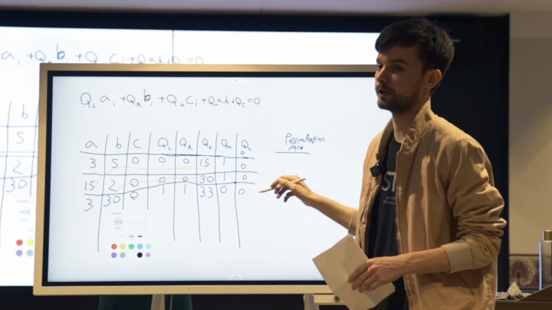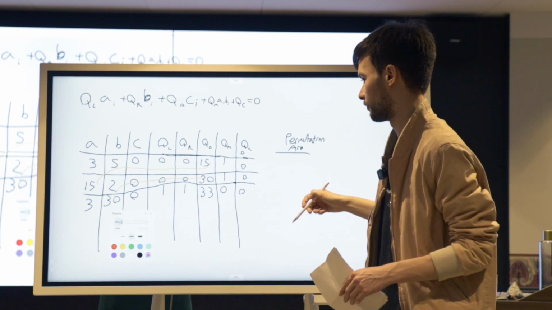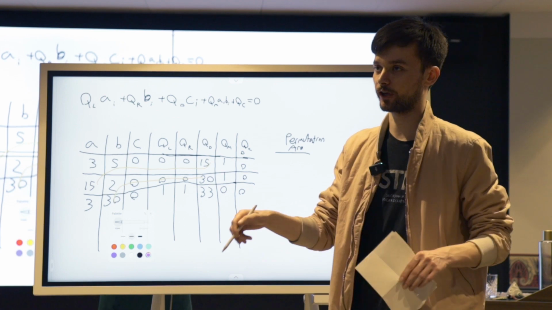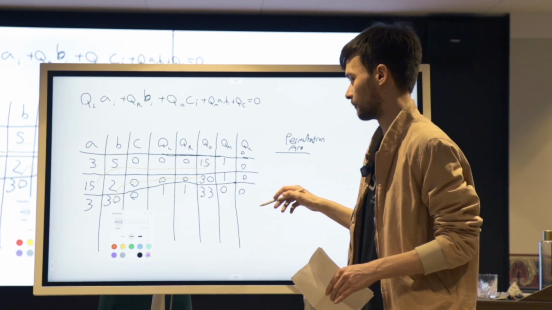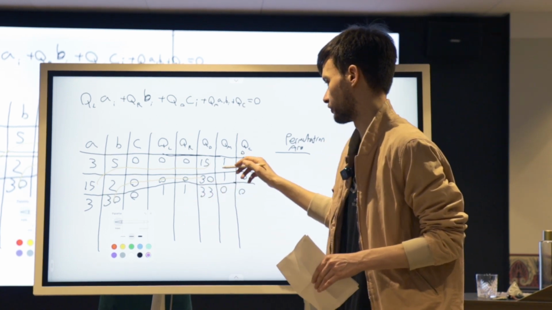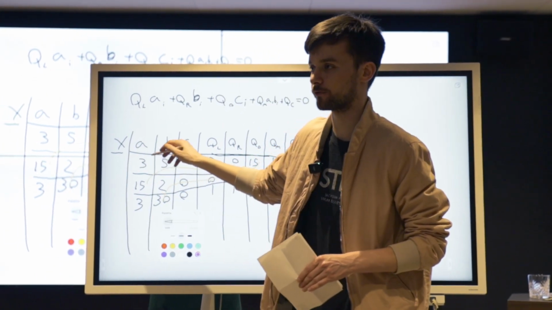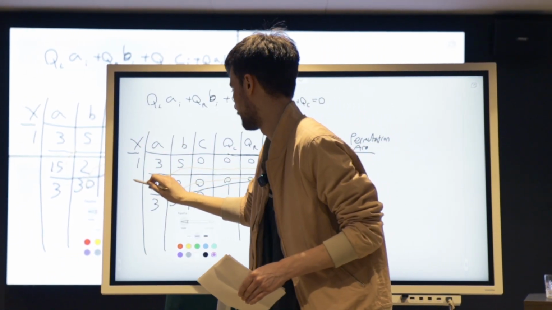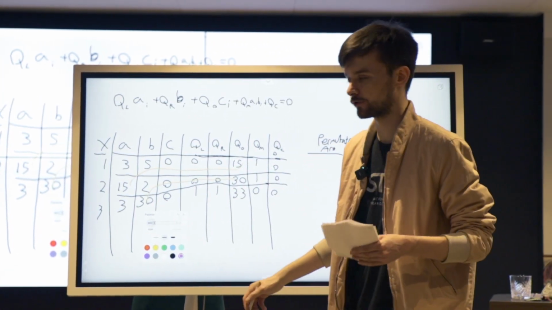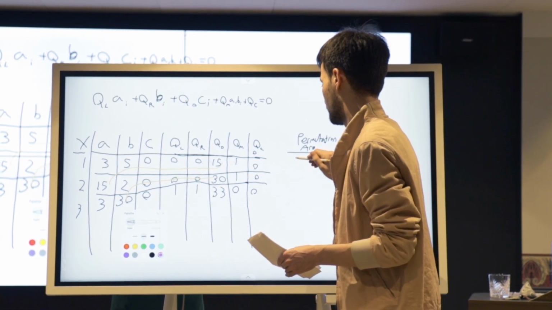And the permutation argument is a polynomial that's constructed differently from these polynomials. It's a different kind of polynomial, which lets you force one cell to be equal to another cell when the verifier samples. It lets the verifier verify that certain cells are connected. And so this would be the x value of your domain of your polynomial. So 1, 2, 3, 4, 5, 6, however many rows you have, or gates that you have. So this would just be x1